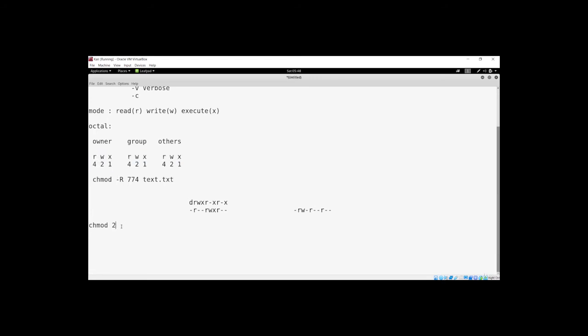If you give only 4 over here, the owner can only read that file, he cannot write, he cannot execute. So all you have to do is add these numbers together in order to give the permission. If I say 7, then this first 7 is for the owner, and he can read, write and execute, because 4 plus 2 is 6 and plus 1 is 7.